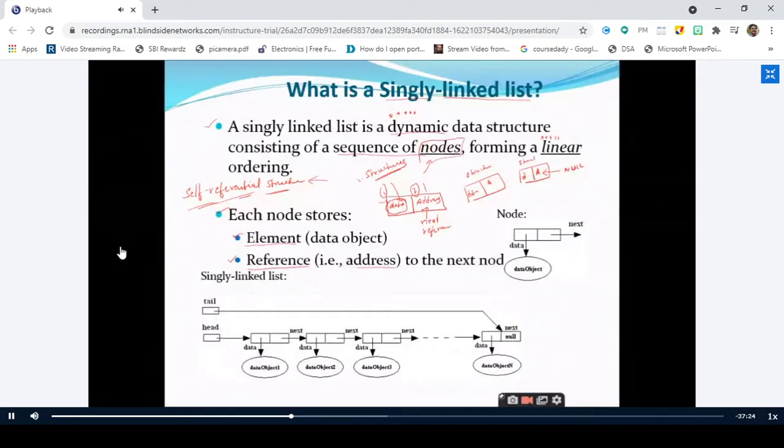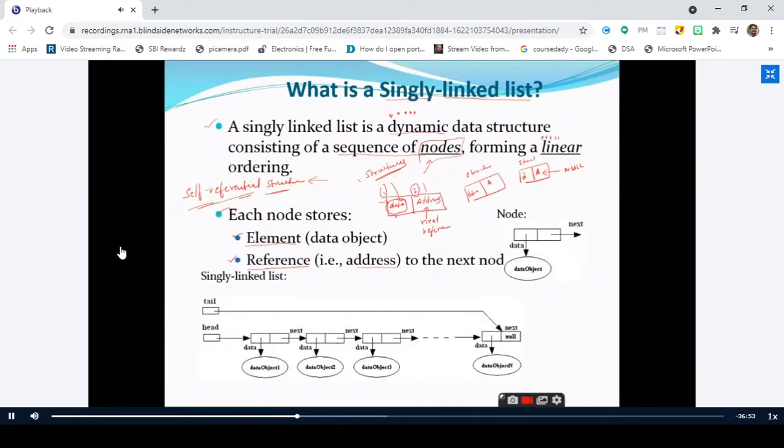Sir, small doubt, sir. Are the 3 data parts of the same type, sir? At the maximum we don't go for 3 data types. We'll be storing the data and then we may have 3 different addresses or 2 addresses. We'll see this in the advanced trees concept. Even trees are implemented using linked lists. We'll see all this.